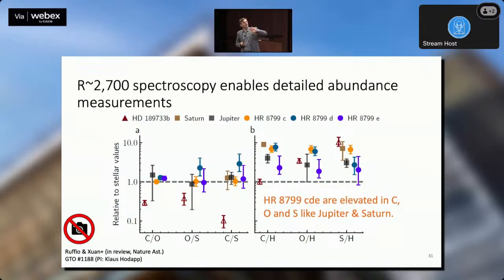And what we're finding is that, on the right panel, you have the carbon, oxygen, and sulfur enrichment in this planet. And they're similar to the ones in the solar system with Jupiter and Saturn. And I think that's very interesting and very exciting because that probably suggests that they form the same way. But HR 8799 is a system that's far more massive, like 5 to 7 Jupiter masses per planet, way more extended. And so that probably suggests that planet formation, like core and pebble accretion, extends to systems that are much bigger than we originally anticipated.